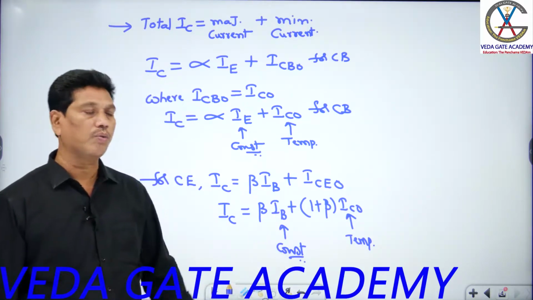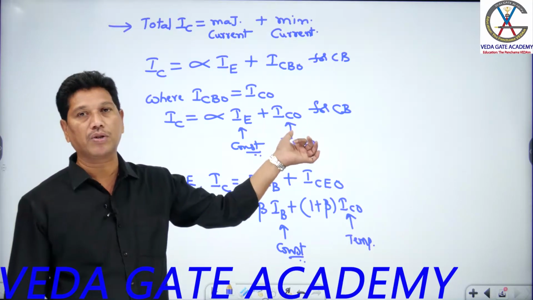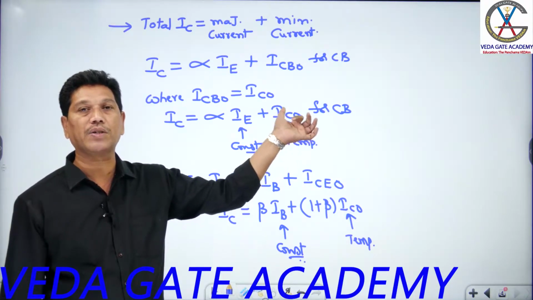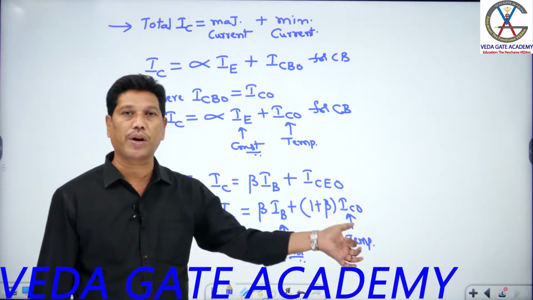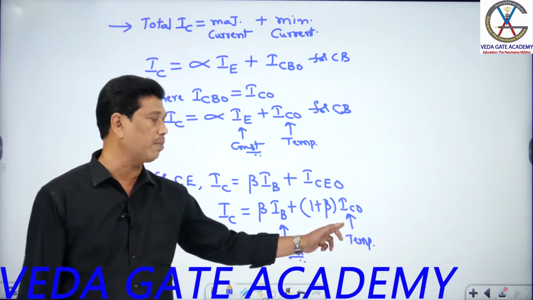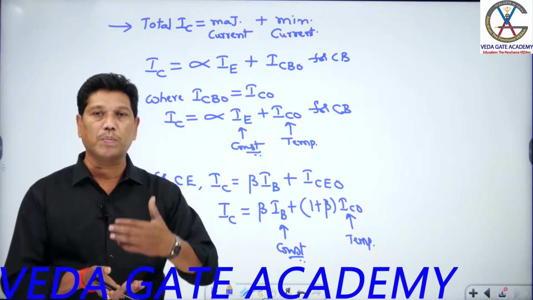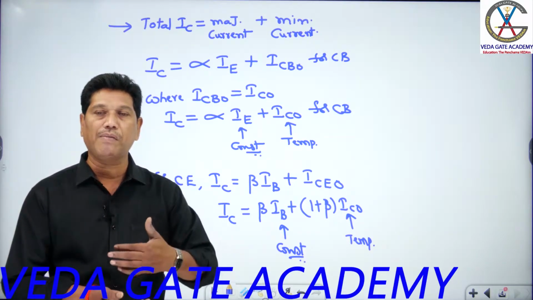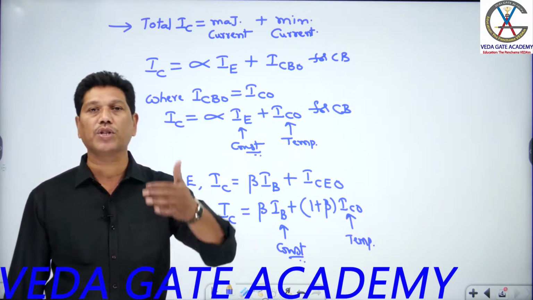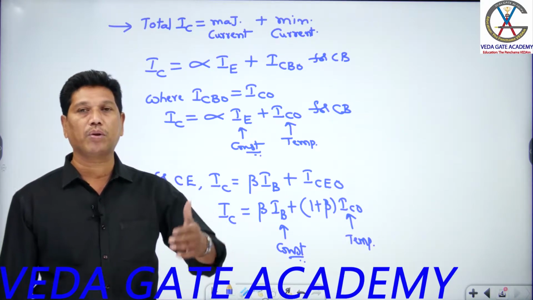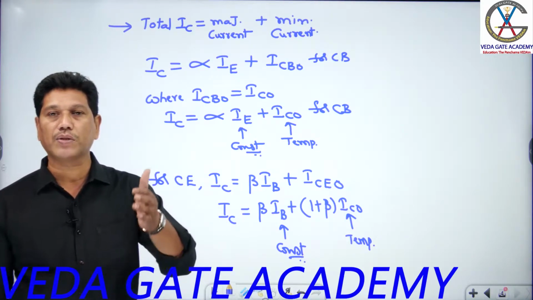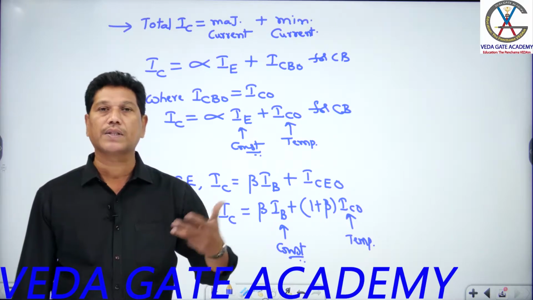That's the case. So for a common base circuit, I don't need any stabilization, students, because the minority current effect is very less. But the CE transistor is mostly required as an amplifier, and the drawback of the CE transistor is that the minority current effect is more. So before using this CE transistor as an amplifier, first of all, you need to improve its stabilization. How to improve the stabilization, sir? The stabilization of the CE circuit is to be done by the biasing techniques.